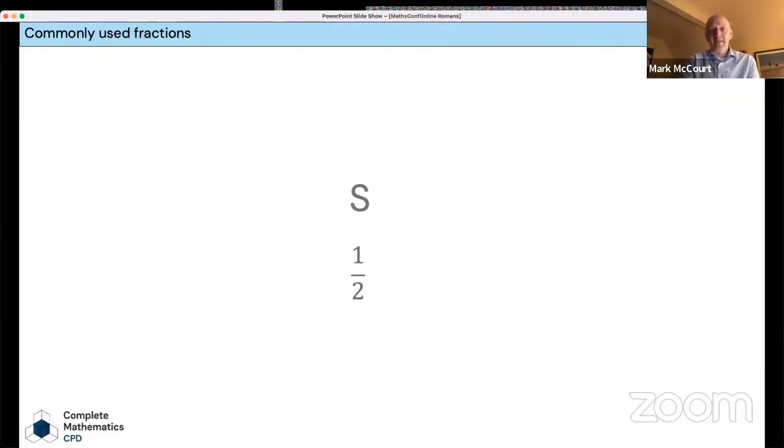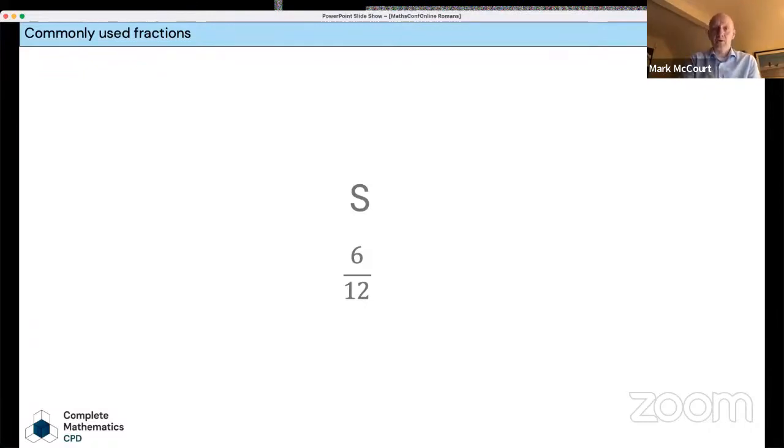The half isn't referring to a half in quite the same way as we might expect, because Roman numerals to this point seem to be in a sort of base 10 situation, right? The 10 seems to be what we're working with, but S does not mean 1/2 in that normal way. It means 6/12. So when we're working in fractions in Roman numerals, the most commonly used ones are in 12ths. So let's take a look at those.